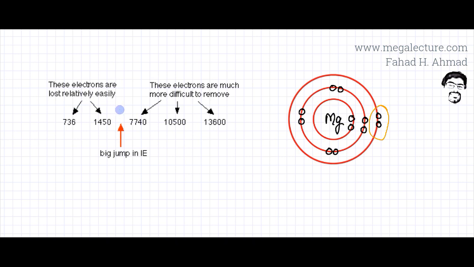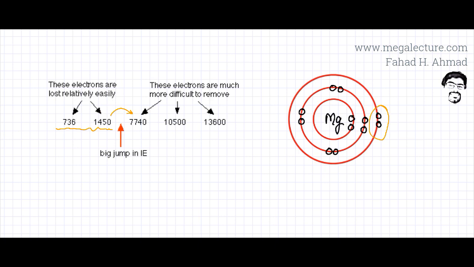And over here, you're going to notice as you move from the second ionization energy to the third ionization energy, there's a drastic increase, a big jump in ionization energy, which means that the electron is now closer to the nucleus. It becomes more difficult to remove the electron. So removing the third electron is actually becoming more difficult. So first two electrons, it's easy. Removing the third electron immediately becomes very difficult, and removing the fourth and fifth, so the inner electrons, it becomes difficult, which is why magnesium usually loses only the first two electrons,